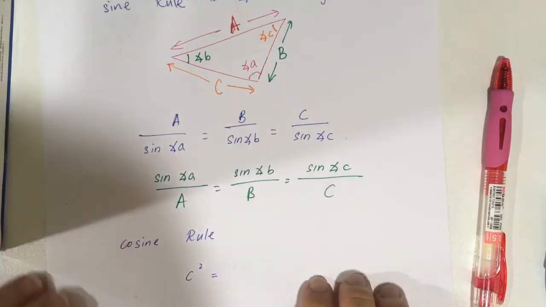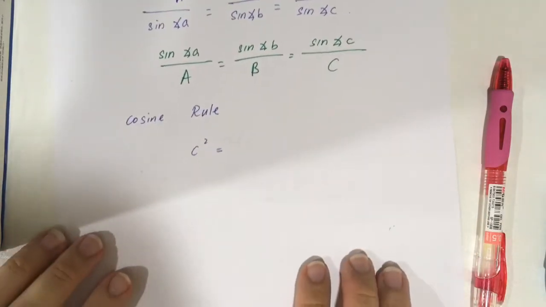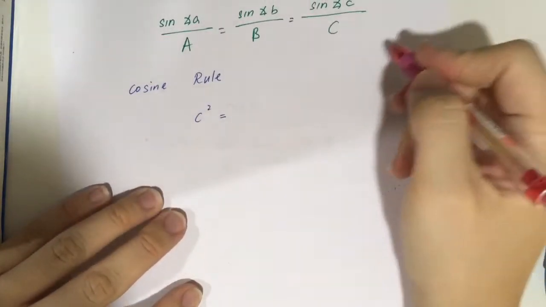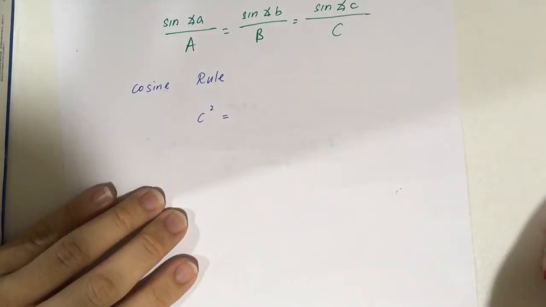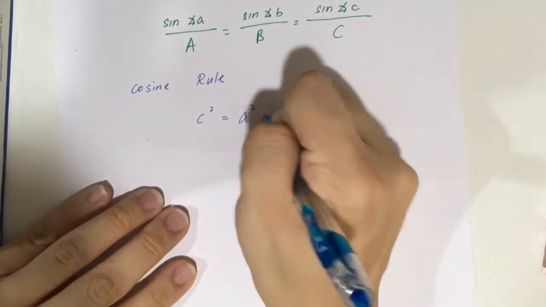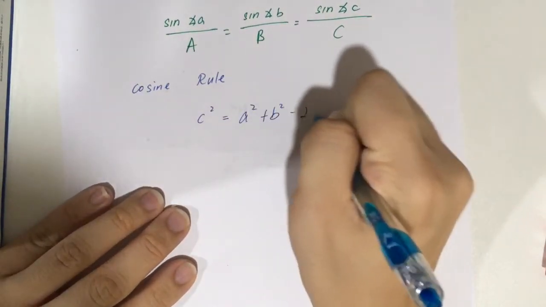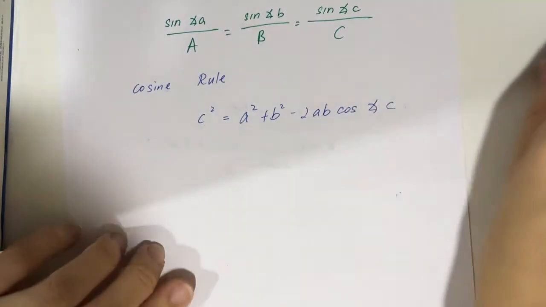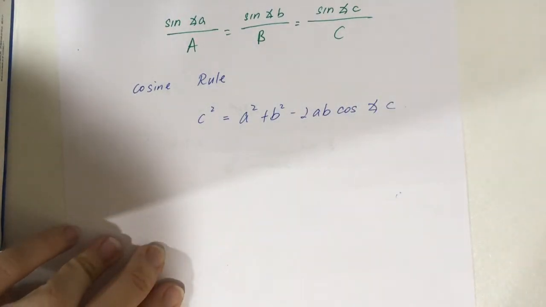That's it. Okay, cosine rule. Cosine rule, I only need you to memorize one thing, which is the magical formula. C squared equals A squared plus B squared minus 2AB cosine angle C. What does this mean? It means that,